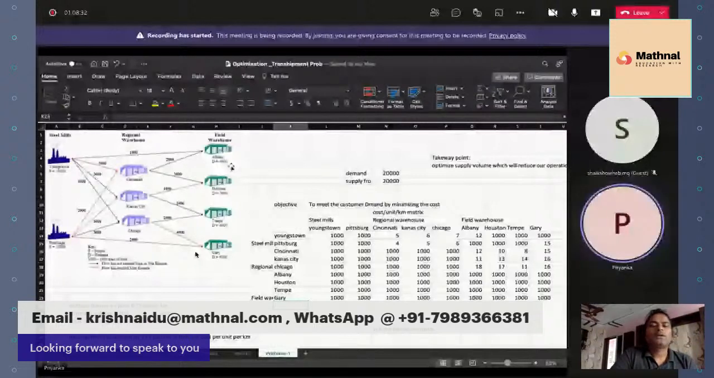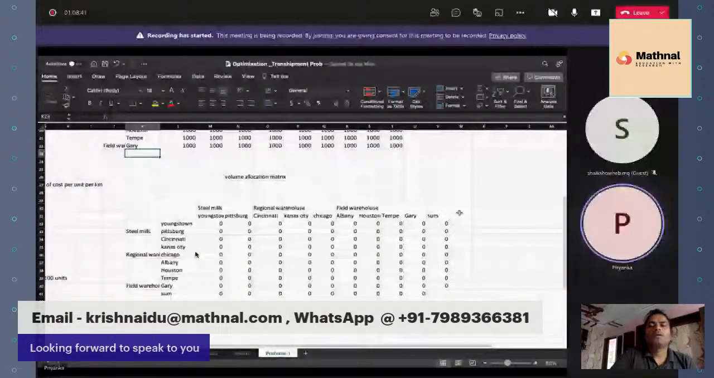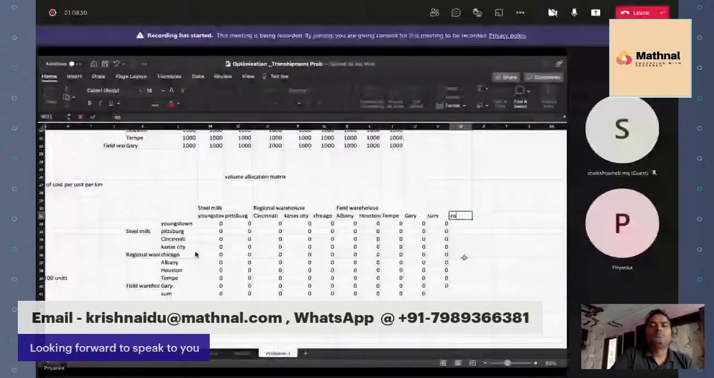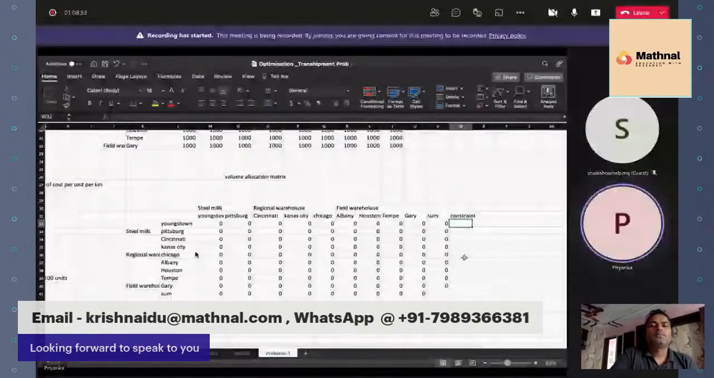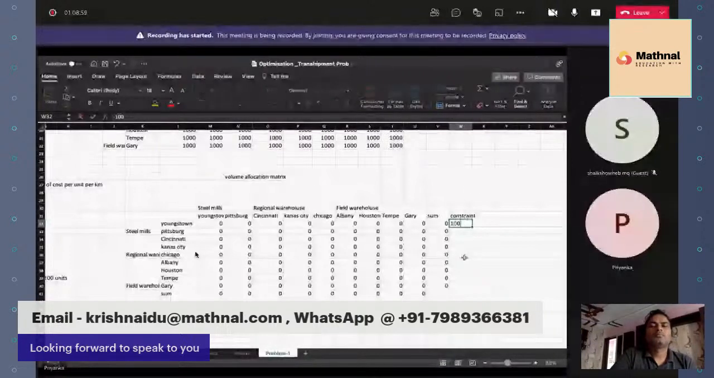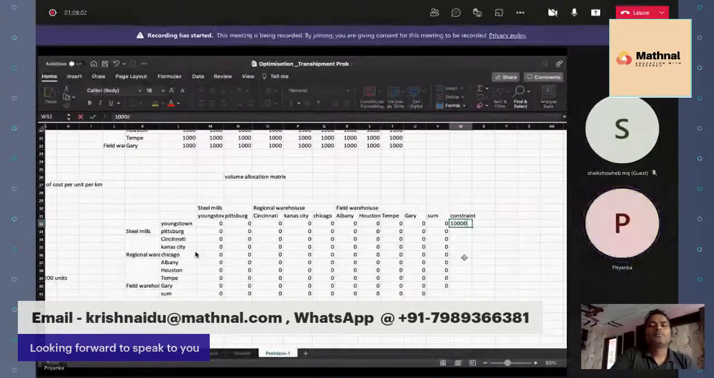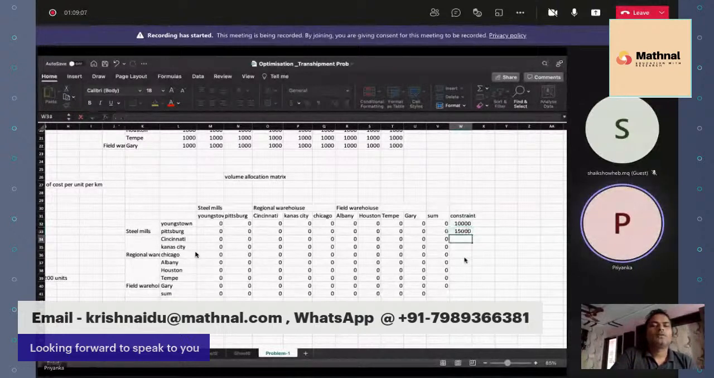Okay, so let's come to the allocation matrix. Here, we put constraint 1. Youngstown can deliver 10,000, so put 10,000 there. Pittsburgh can deliver 15,000. Now, before going to the transshipment points, we'll go to the